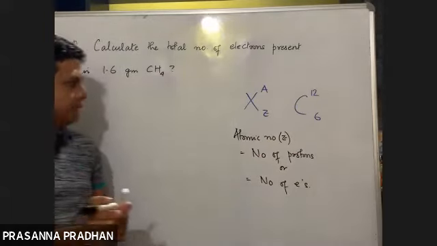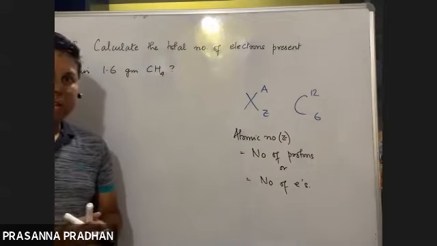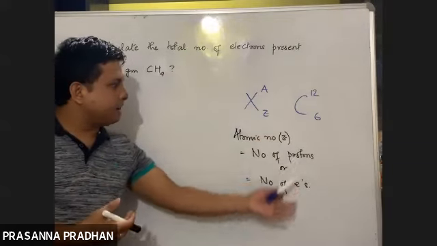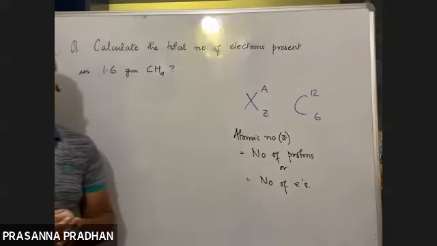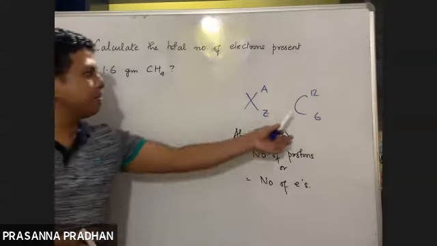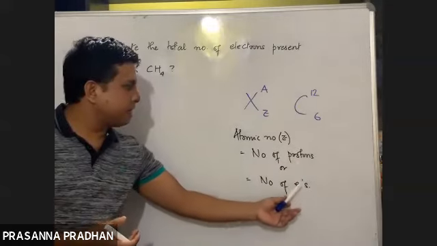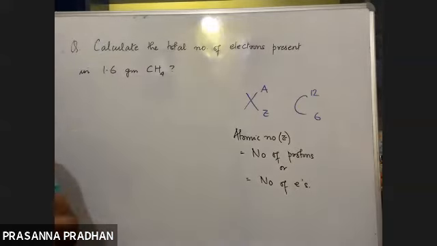Of course, right? In an atom, the number of protons and electrons will be the same, but if we talk about an ion, then these two quantities will not be the same. In an ion, the number of protons and electrons differ. But here I'm talking about a neutral atom. In case of a neutral atom, the number of protons and electrons are going to be the same. That is why they are neutral.